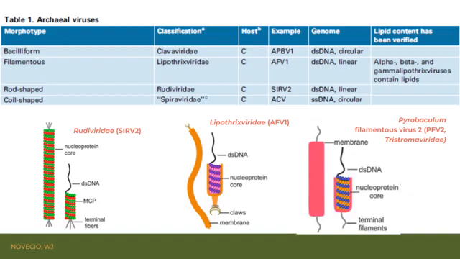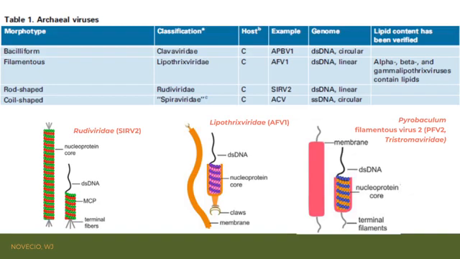The filamentous and rod-shaped viruses are classified into the families Lipothrixviridae and Rudiviridae. The virions of Aeropyrum pernix bacilliform virus 1, or APBV1, are stiff and bacilli-like, and the virus has been classified into a new viral family, Clavaviridae. Also, Aeropyrum coil-shaped virus, or ACV, which is classified into the proposed family Spiraviridae, has hollow cylinder-like virions formed by